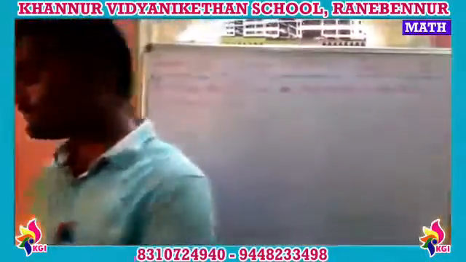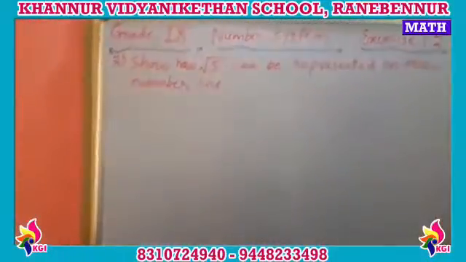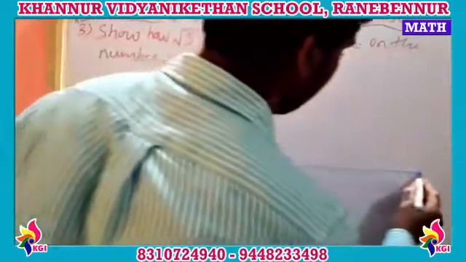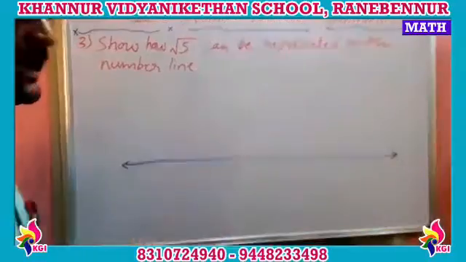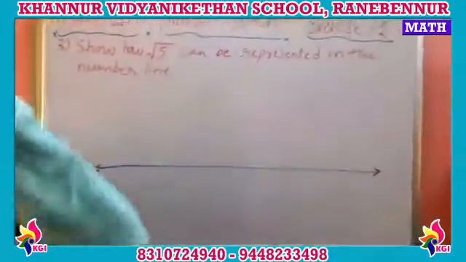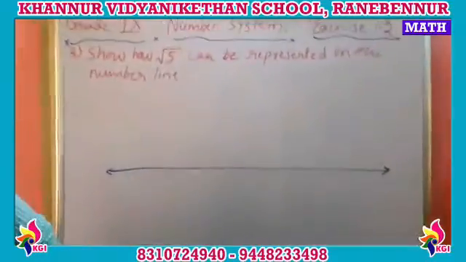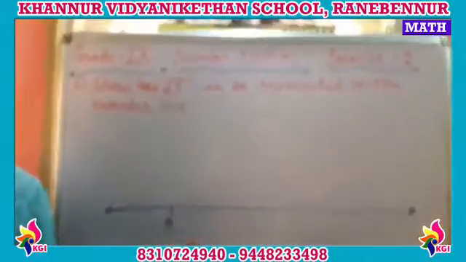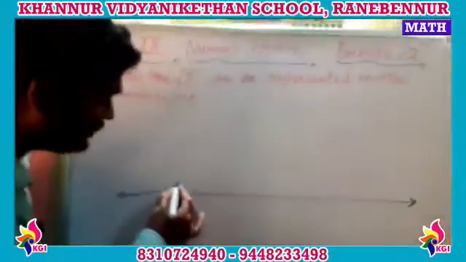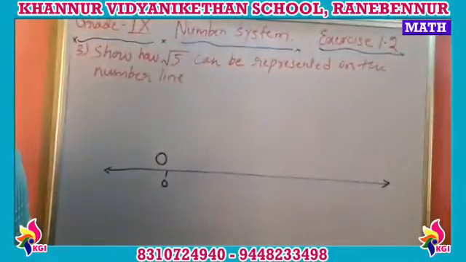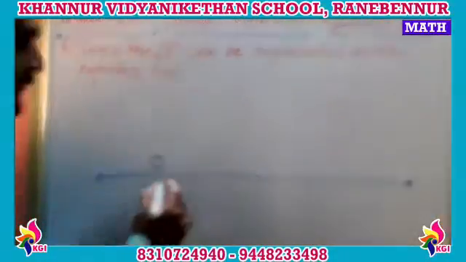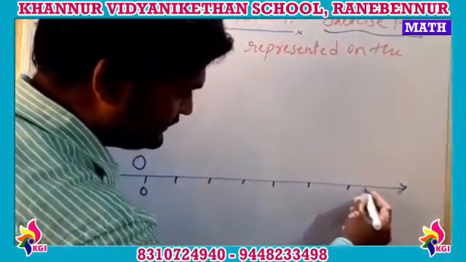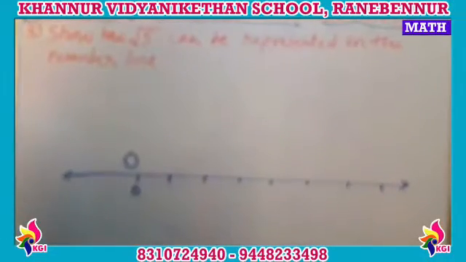First, we need to make a number line. Let me draw the number line. I have drawn one straight line. After that, I need to make the divisions. When I make divisions, I start with a 0, or I take it as an O. This is the 0 point. This point only I will take as the O point. From this O point, I make equal divisions. Like this I will go on making divisions.